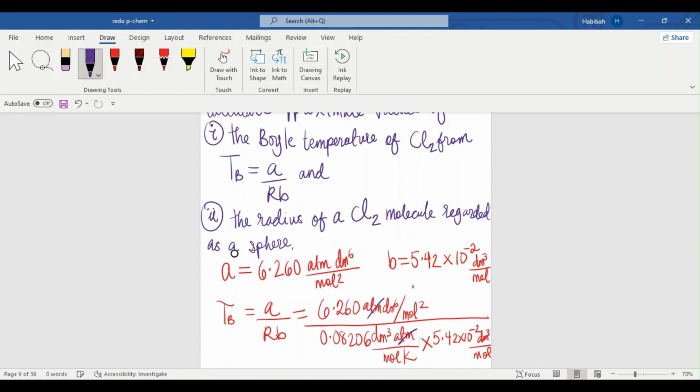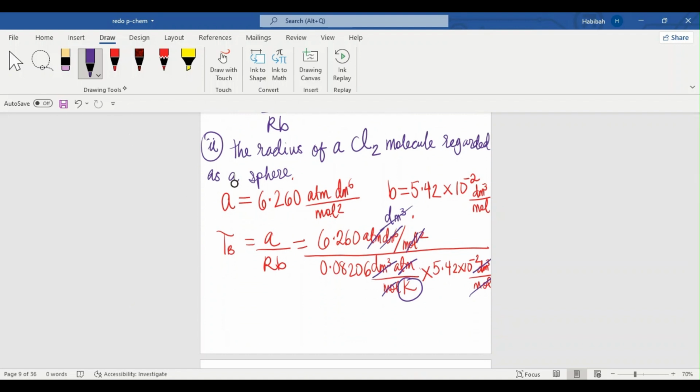You cancel out mole, cancel out the second mole. So you have dm6 and then dm cubed. Cancel out the dm cubed and the dm6, and you get a dm cubed, and then you cancel out this. So basically, what we have left is just the unit Kelvin, which matches because we're solving for the Boyle's temperature. So what you do next is simply TB equals